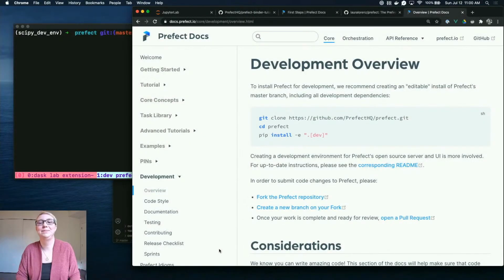Hey everyone, I'm here for day 2 of Scipy sprints, and I wanted to take a chance now to do a bit of a screencast to show everybody how to open a PR and also a little bit how to navigate the different GitHub checks, which inevitably end up being related to our automated testing checks and our static typing checks in Prefect. Because I think, especially for people who are new to open source, but even if you're just new to the Prefect project,